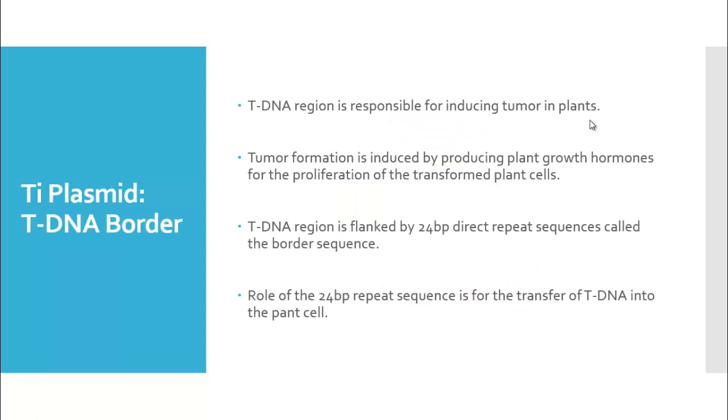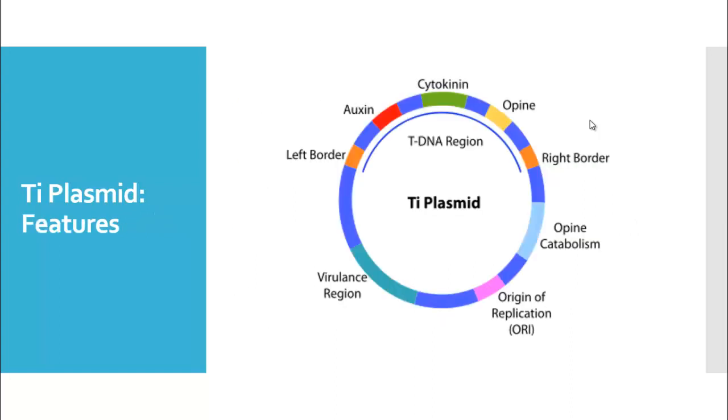Coming to the T-DNA border sequence, the T-DNA region is responsible for inducing tumor in plants, and the tumor formation is induced by producing plant growth hormones for the proliferation of the transformed plant cells. The T-DNA region is flanked by a 24 base pair direct repeat sequence called the border sequence. The role of the 24 base pair repeat sequence is the transfer of T-DNA into the plant cell. You can see here the left and right border. These are the 24 base pair repeat sequences, and they are involved in transferring the T-DNA